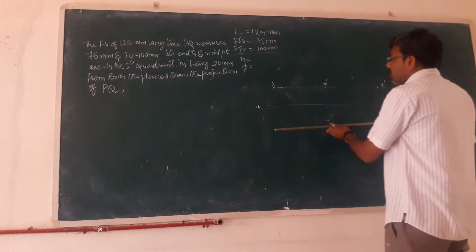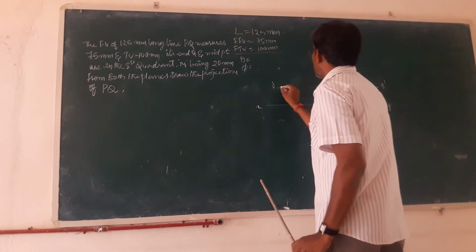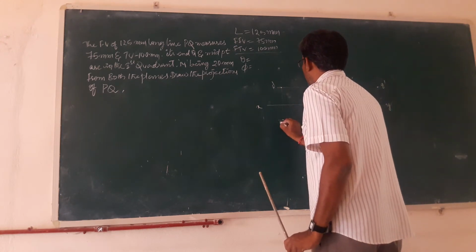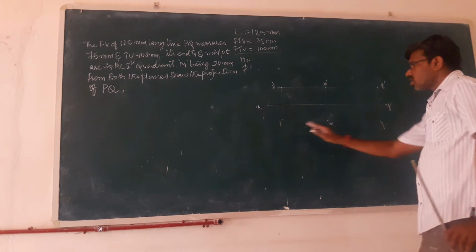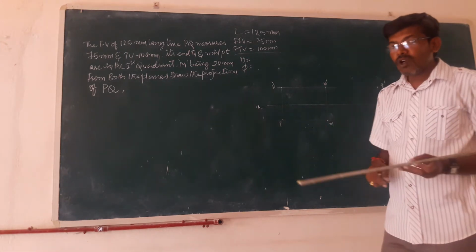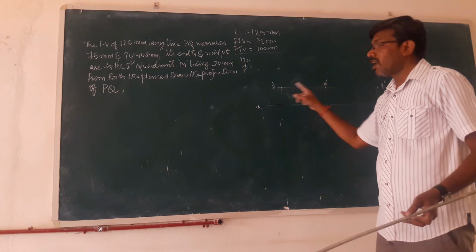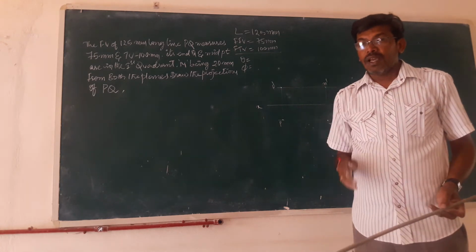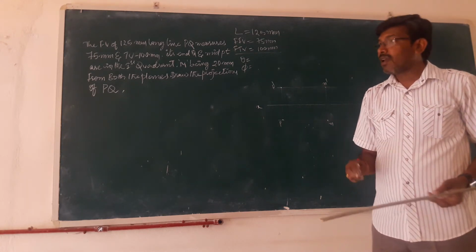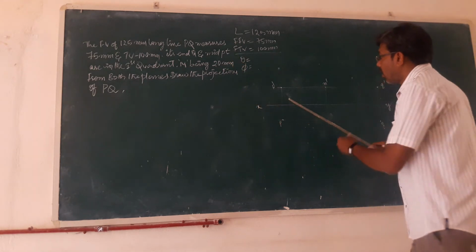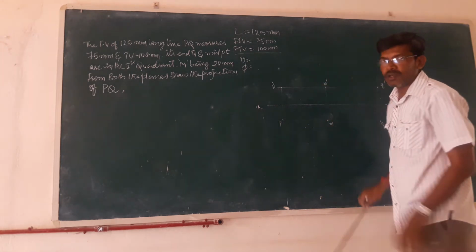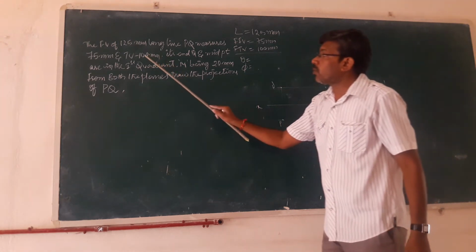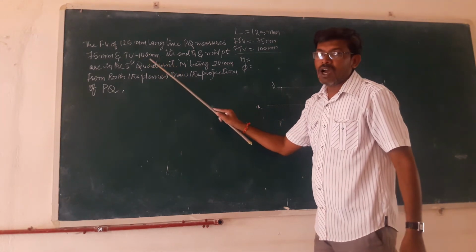And after that, the same points I will take down here. So this is P and this is Q. This is also 125, because I told you that I am going to take the line PQ parallel to both the planes. Then next, what is happening? When I rotate it, or make it inclined to the horizontal plane, the top view is going to be reduced, right? So this top view is going to reduce to 100.